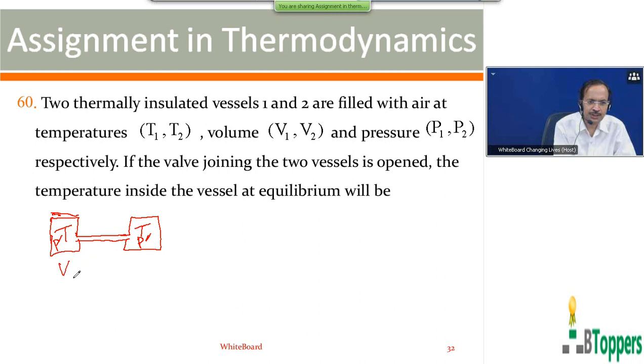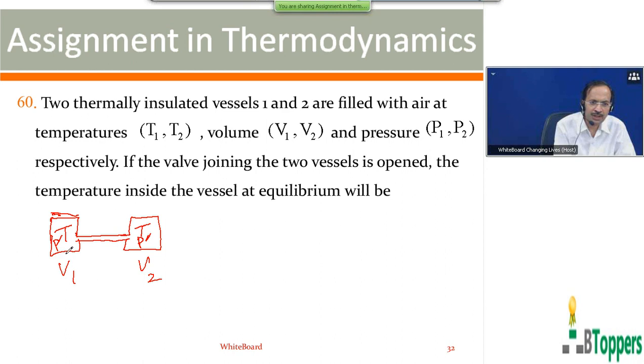Total volume of the system of the two vessels is constant. That is, the total volume of the air filled in the system of the two vessels is constant. So that means net heat absorbed by the system. If you consider the air in both the vessels as one system, then for the system of the gases in the two vessels, net heat absorbed is 0. Net work done by the system of the two vessels is 0. Therefore, net change in energy of the system of the two vessels is 0. So total energy remains constant. That is one concept we are going to use.